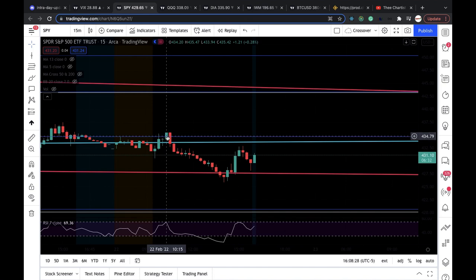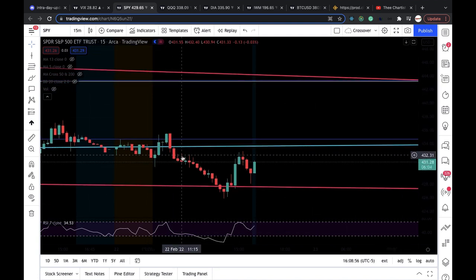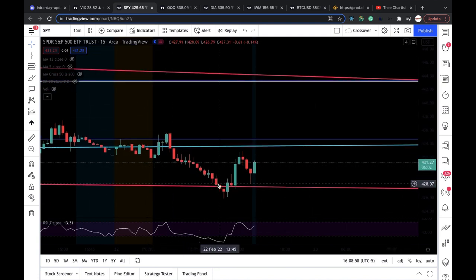As you can see in this candle, SPY opened up here and moved up to our resistance zone. It actually went as high as 435.47, so it was above 435 resistance for one candle, but then the very next candle it lost it and took out the 434 level. It retested it as resistance, and it just started dropping all the way down